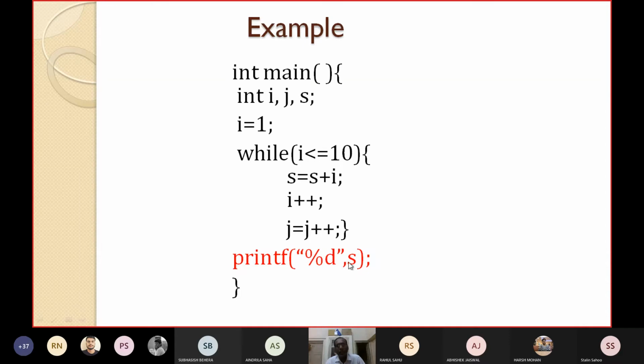So obviously the value of s is affected by which statements? i++, s = s + i, the while statement, and i = 1. These four statements affect the value of s. So whenever I find an error at the printf value, I must check only four statements: i = 1, the while statement, s = s + i, and i++.